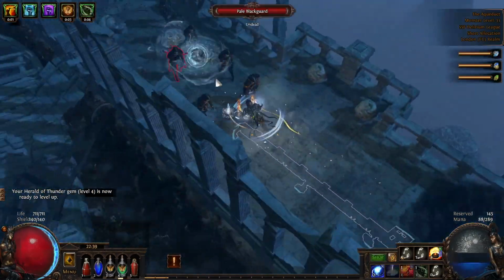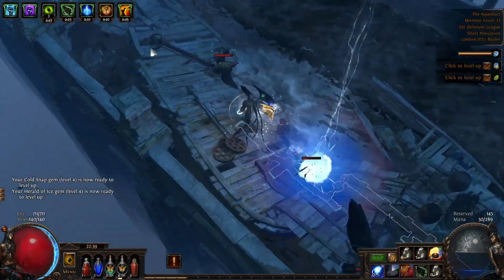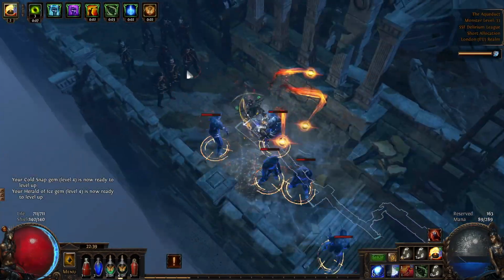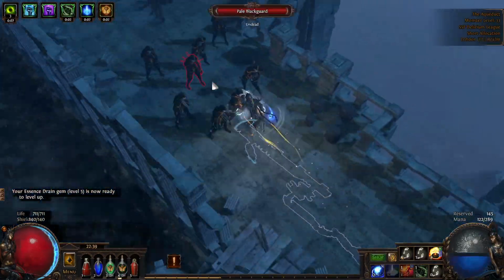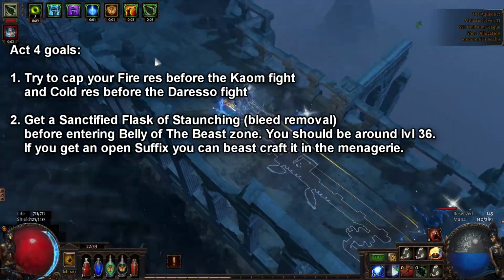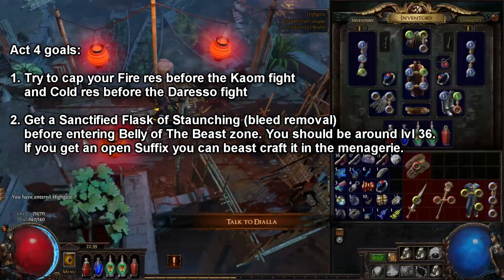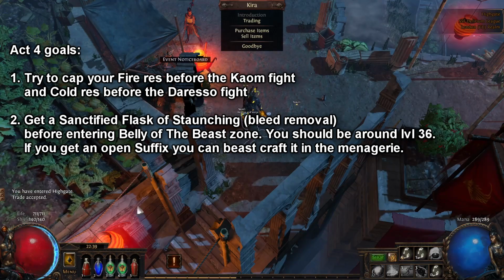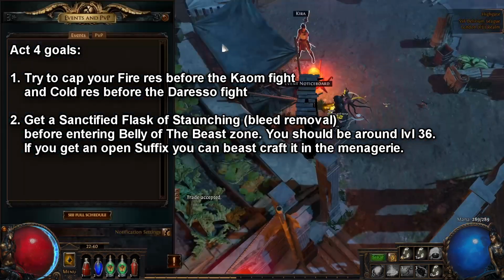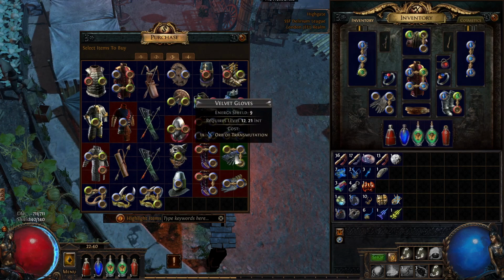We are going to go through Act 4, in which we have a few goals. These goals are going to be primarily making sure that our resistances are set, because the resistance part is definitely the most important here. Let me check on the list for Act 4. So resistances, and also staunching flask is something very helpful to get in, especially before getting into the belly